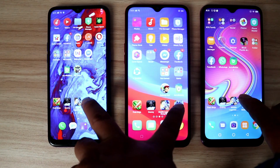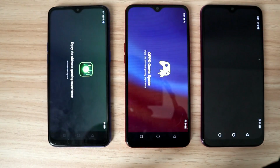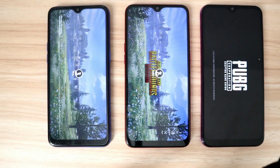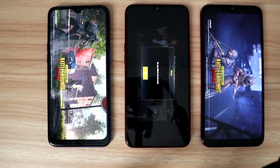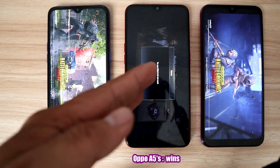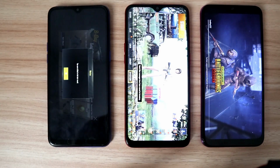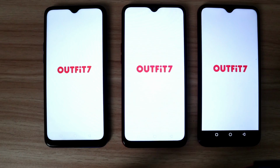Okay, so next app naman, techies, makita nyo, si A5S na naman. So, wow! It's a tie? Oh. Next is, okay, so next naman, techies, is Talking Tom. So, makita mo